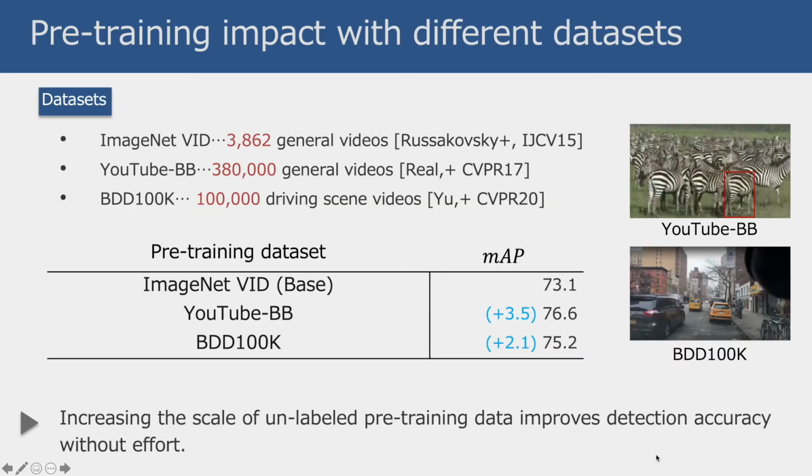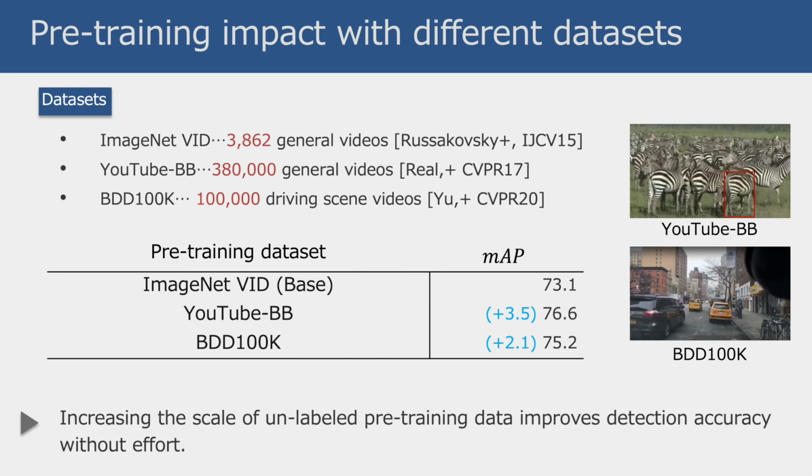Pre-training requires only video frames and does not utilize any annotations. By dividing the training process into two stages, pre-training and fine-tuning, we can use any videos in the pre-training phase. For this reason, we conducted experiments changing the pre-training data to other videos and using the ImageNet VID dataset in the fine-tuning step. We use the YouTube-BB dataset, whose scenes are similar to ImageNet VID, and BDD100K, a driving scene dataset,